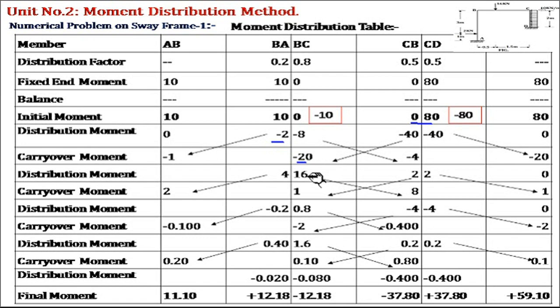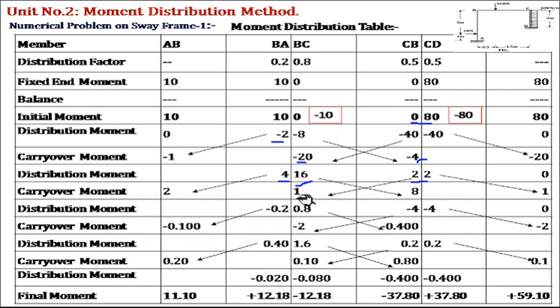So the component of correcting moment in member BC will be plus 20 into 0.8, so the value is 16. Component of correcting moment in member BA will be plus 20 into 0.2, so the value is 4. Half will be carried to member AB, and half will be carried to member CB from BC. Now the moment at joint C is minus 4, so the correcting moment will be 4, and 4 into 0.5, the component of the correcting moment will be 2. Half of it from CD will carry to DC, and from CB it will be carried to BC.